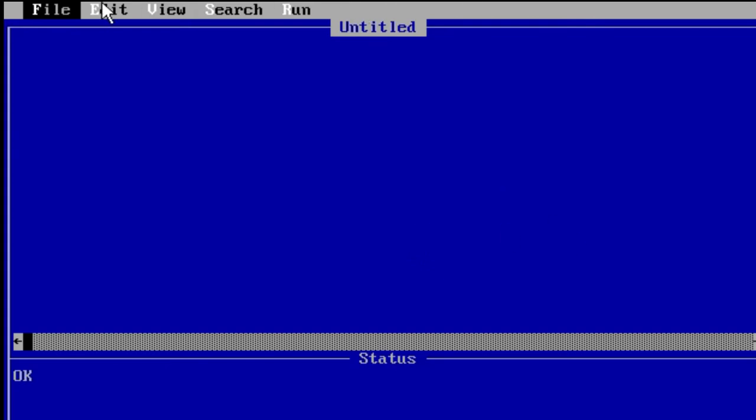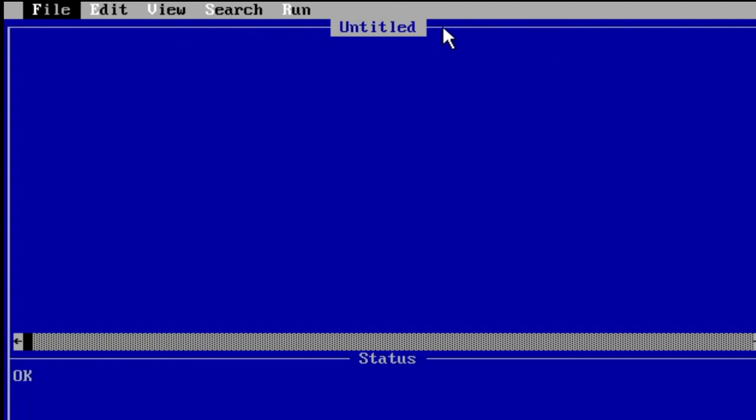This top bar is known as the menu bar. In this bar the file, edit, view, search and run options are available. Below this bar it says untitled. This bar is known as the title bar, where you put the title of your project.